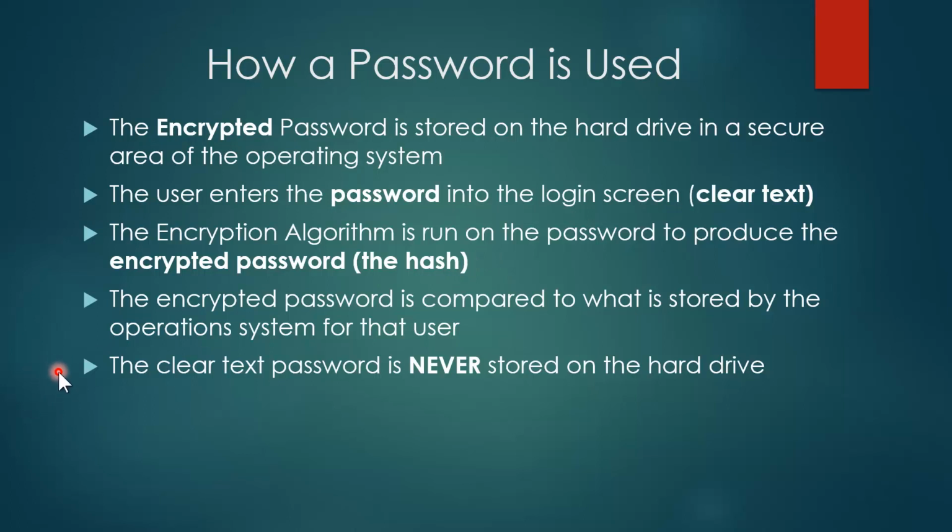So if what you just typed in, after it's run through the encryption algorithm, generates the same hash as is stored in the password file, Windows knows you typed the right password. Just remember that the clear text password is never stored on the hard drive or with the operating system. So if somebody steals a password file, what they're getting is a series of hashes. They're not getting the clear passwords. You hear about data breaches where the password data of some website was stolen. What they got was the hashes, not the passwords. Now they can attempt to brute force